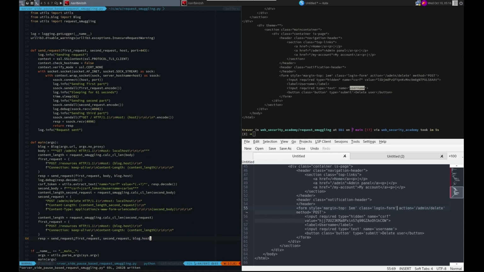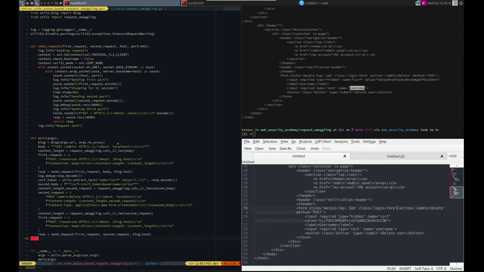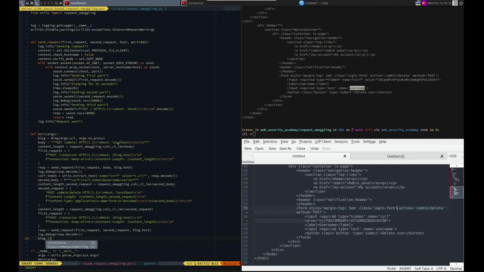All right. Well, once this gets sent, we can log.debug resp.decode and blog.is_solved. Okay, so just to double check what we just did,